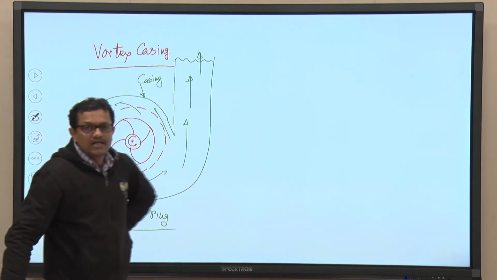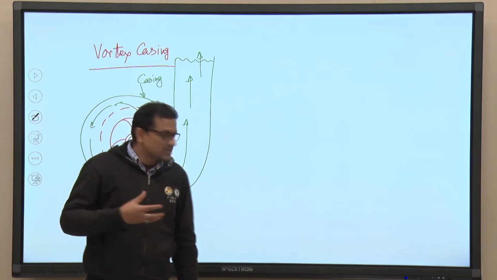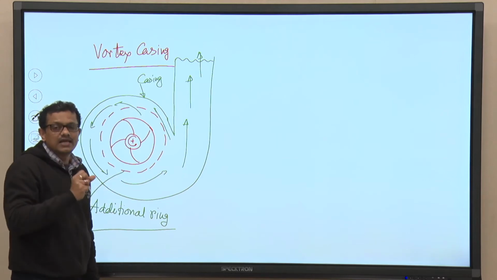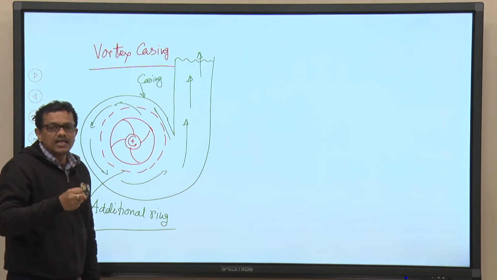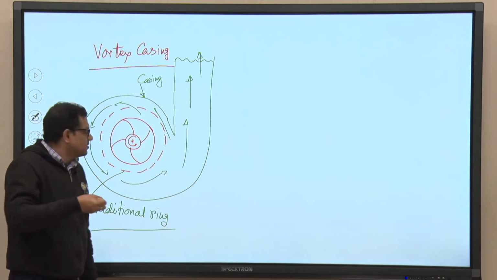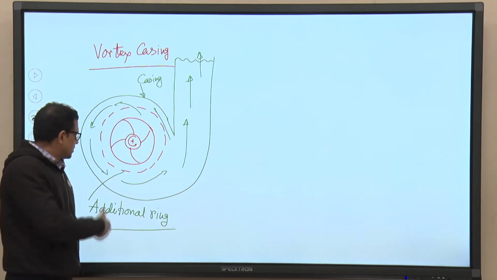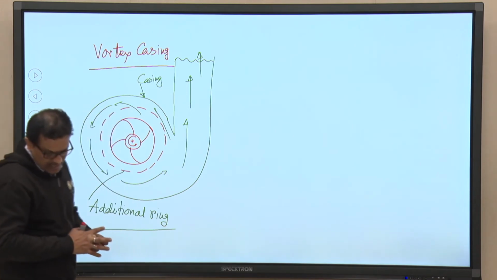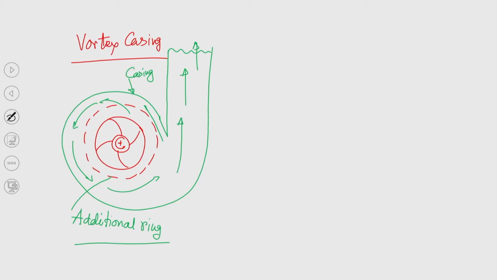Okay. So, the circular chamber or circular shape object placed in between the pump casing and impeller will kill the eddies that will be formed, and if the eddies are destroyed, then the pump efficiency can be increased, and that is why this is known as vortex casing. So, vortex casings are again used in different applications, right.